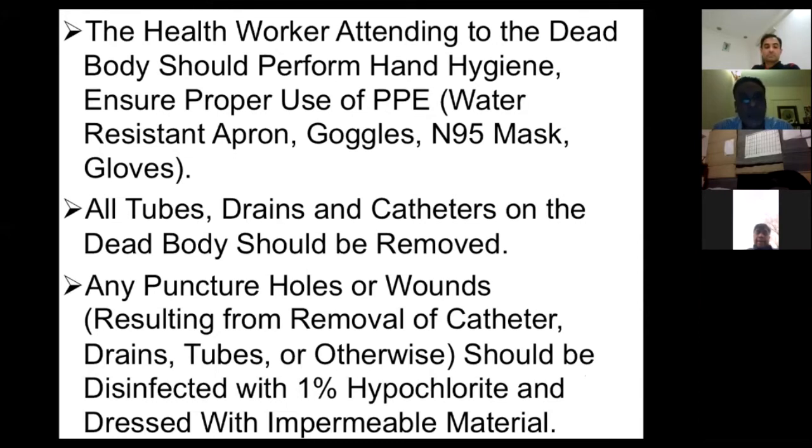It's a must that the person who is dealing with the dead body at the bedside wears an N95 mask along with other personal protective measures. All the tubes, drains, and catheters of the dead body should be removed, which we are doing, and all the puncture holes on the wounds resulting from the removal of the catheters should be disinfected with 1% hypochlorite and dressed